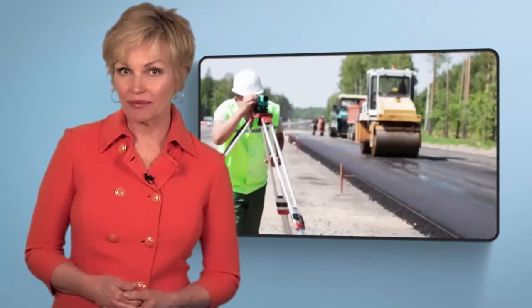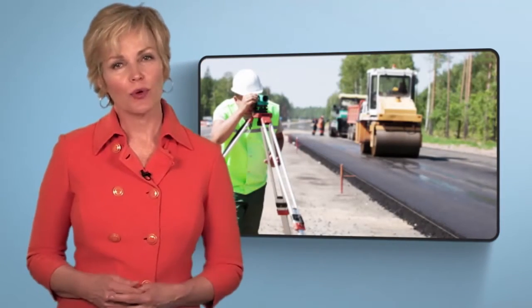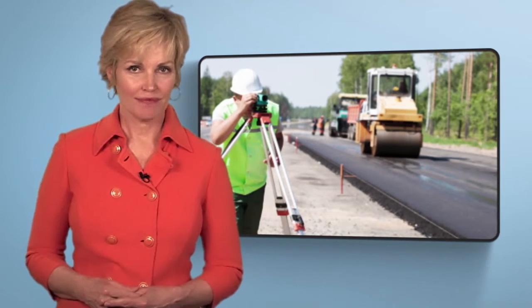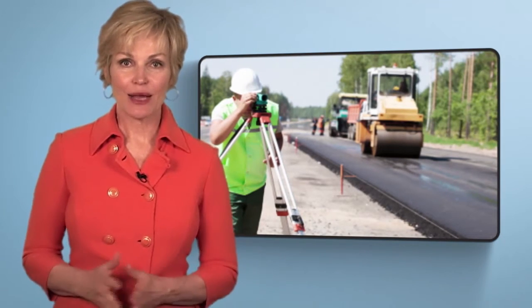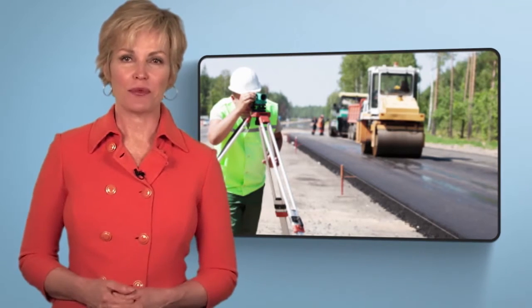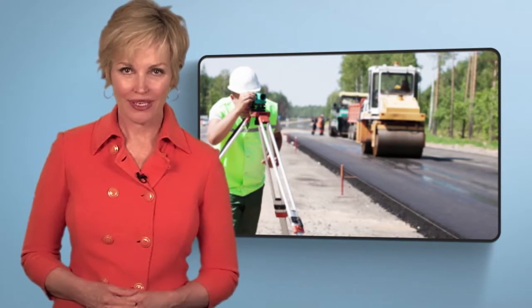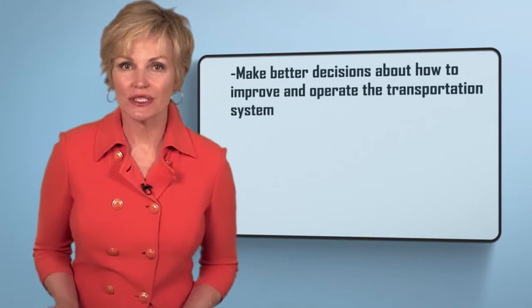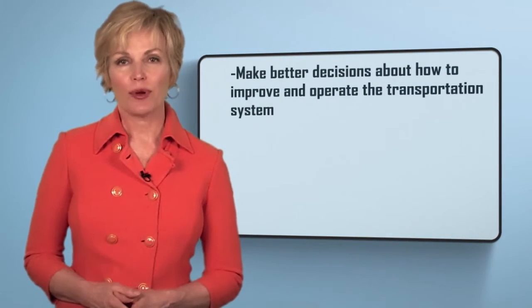When we build transportation projects, how do we know the project is going to improve the system? Or what is the right type or size of a transportation project? Modeling and analysis is a step in the transportation planning process that provides objective information about the performance of the transportation network. Transportation planners use modeling and analysis to make better decisions about how to improve and operate the transportation